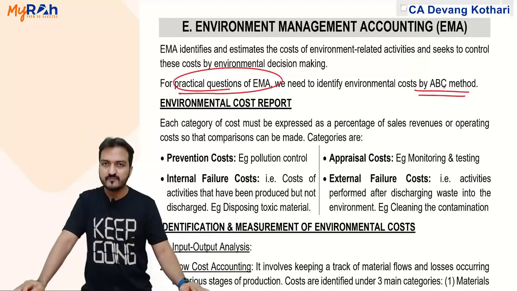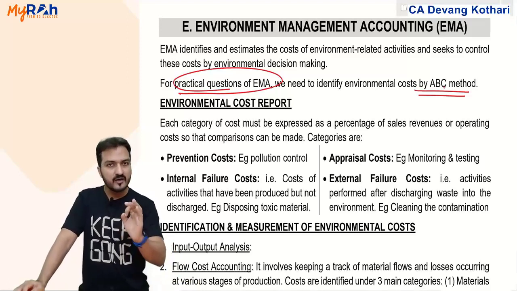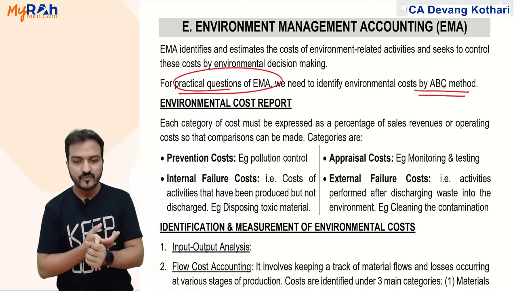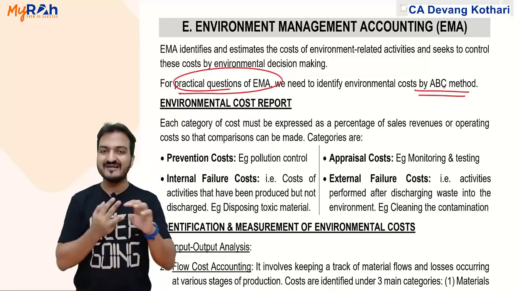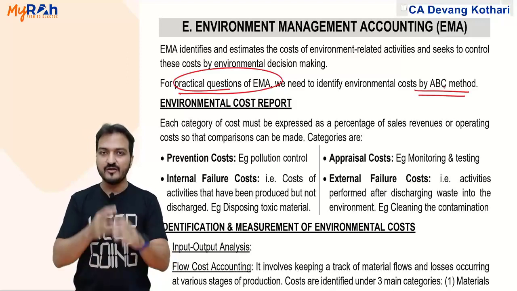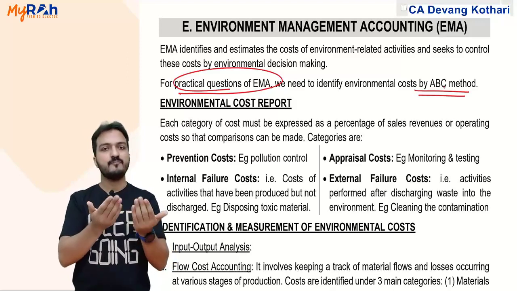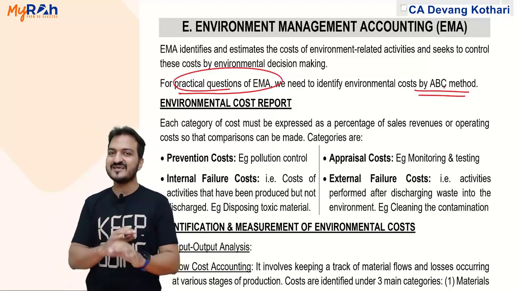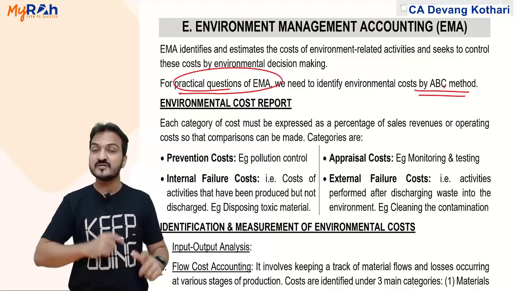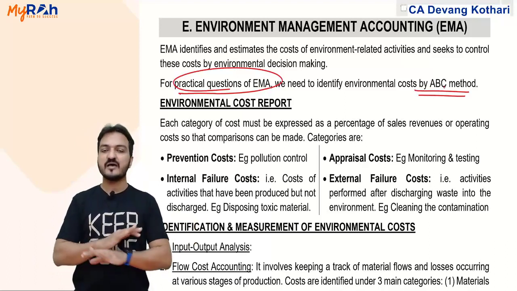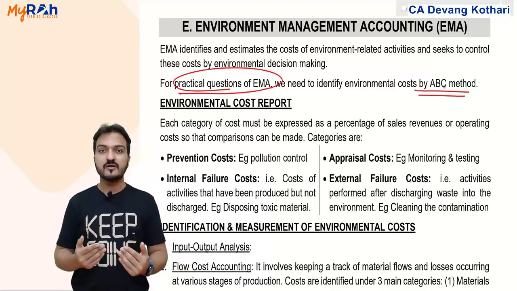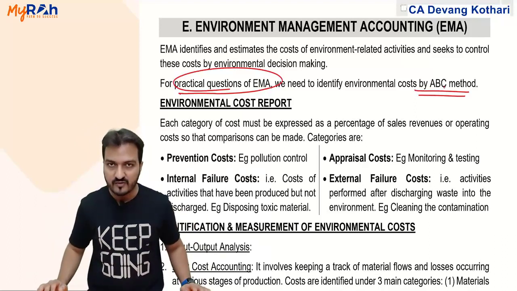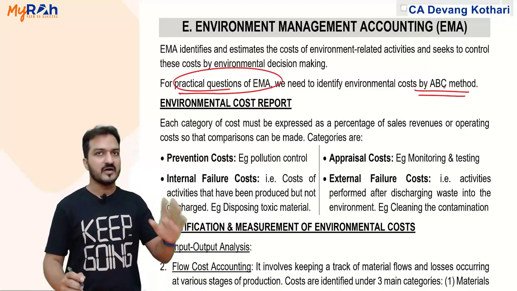So as such, the question is solved just like any other question of activity based costing. You identify the activities, find out the cost drivers, calculate the cost driver rate, and using that cost driver rate you find the product cost adding the environmental cost. Yes, that is exactly what you do in all practical questions. So for EMA practical questions I am not giving a revision because all practical questions in EMA are simply activity based costing method. If you need revision, go to the classwork and refer to the last question.